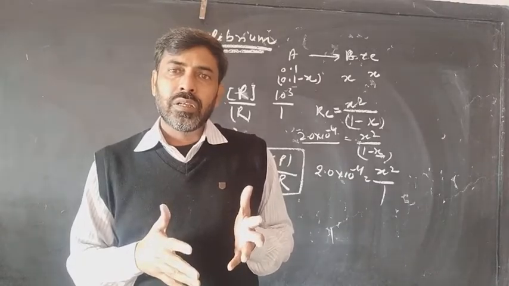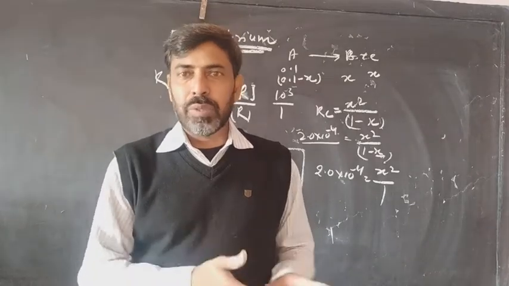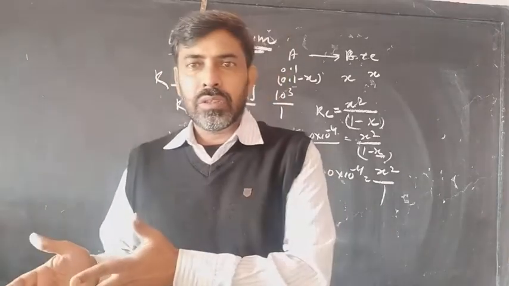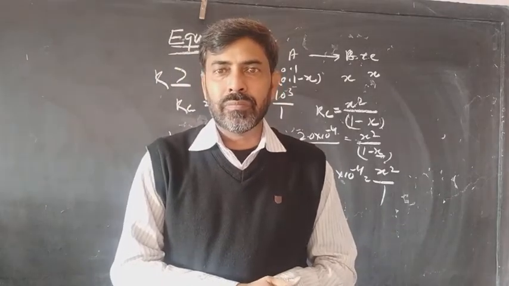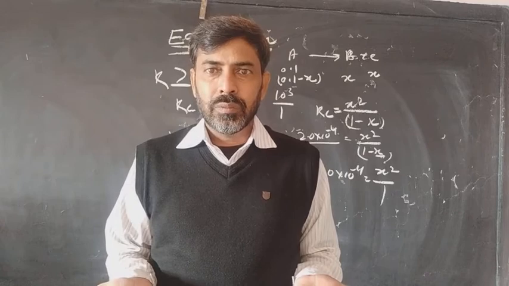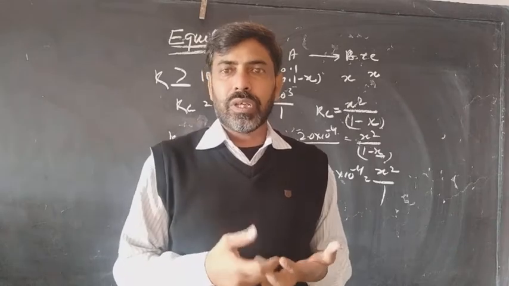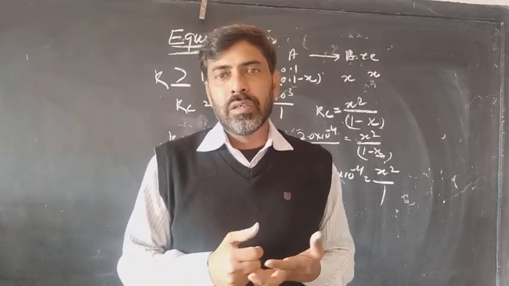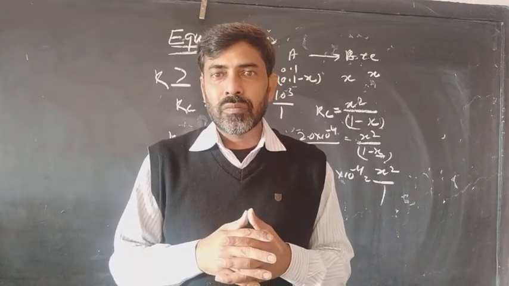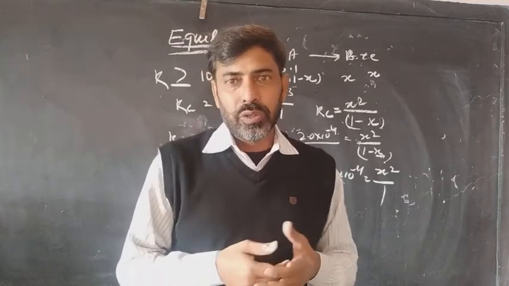But when reactant and product both are available, then what? Reactant is available, product is available, then whether the reaction will proceed in the forward direction or will move in the backward direction, that can be calculated with the help of the Gibbs free energy, because the Gibbs free energy suggests whether the reaction in any specific direction is going to take place or not. But another, easier way to find the direction of the reaction is the reaction quotient. Then how you will find this and how you will determine the direction of the reaction, we are going to discuss here.